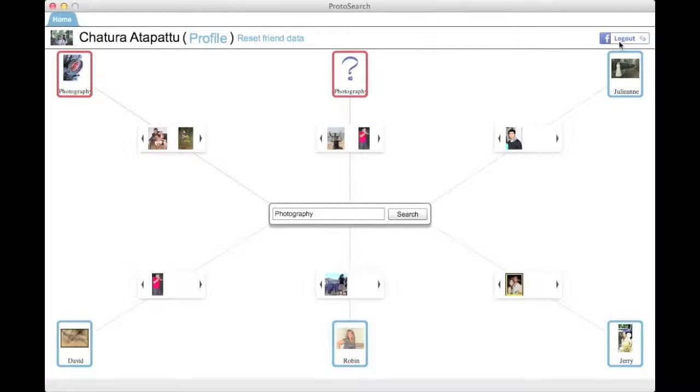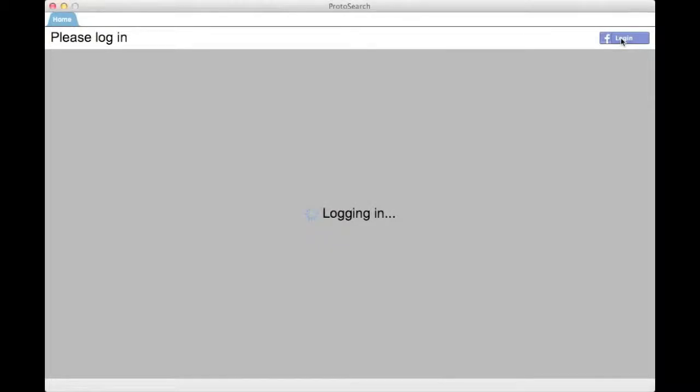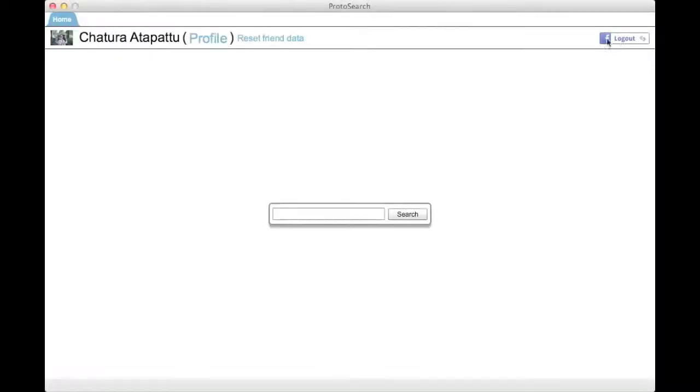To log out of the application, all I simply have to do is click the log out button, and it clears all state. To log back in, click on the login, and if the user credentials are stored, it will log me in automatically. For the application to determine the connections between search results and myself, it must preload a